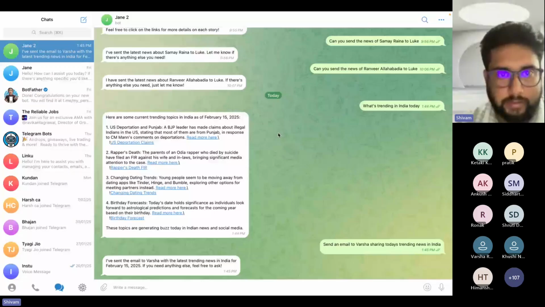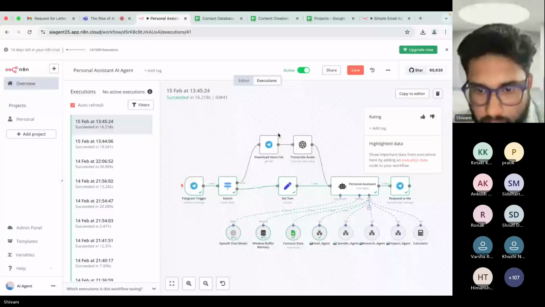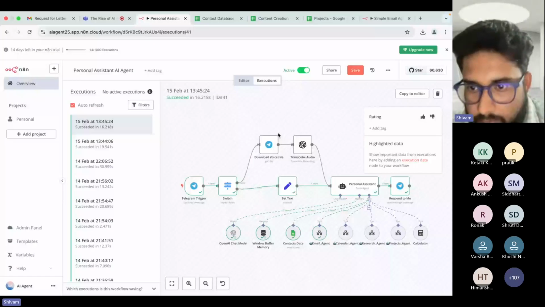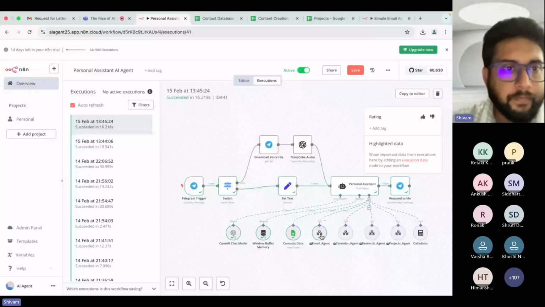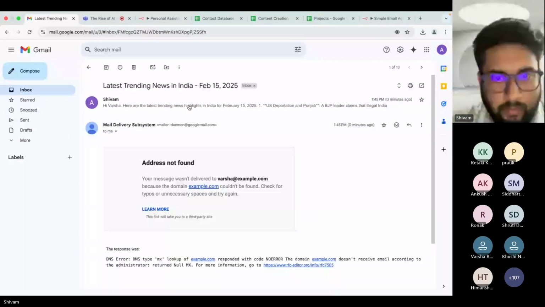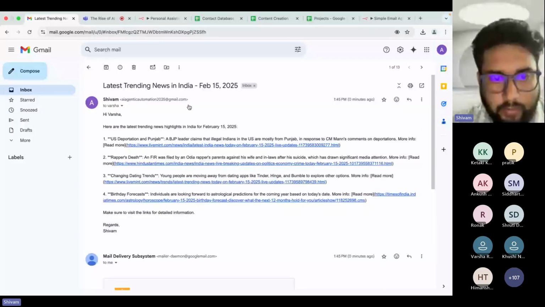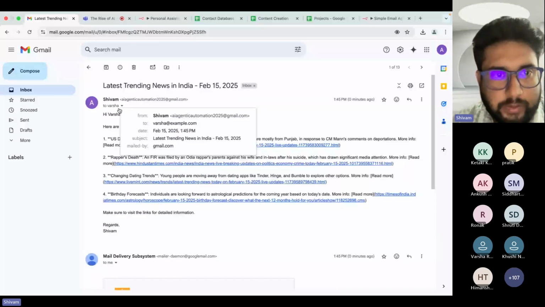Okay, it says that it has done it. Let's see what all things. Varsha. Okay, so it could not fetch the email ID of Varsha, which is fine, but it at least tried to send the